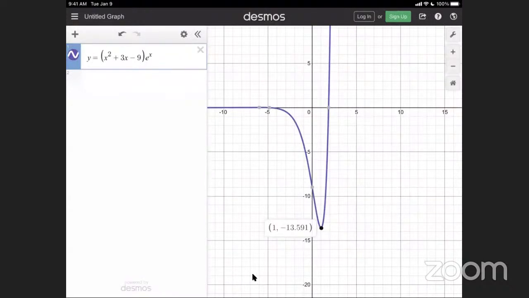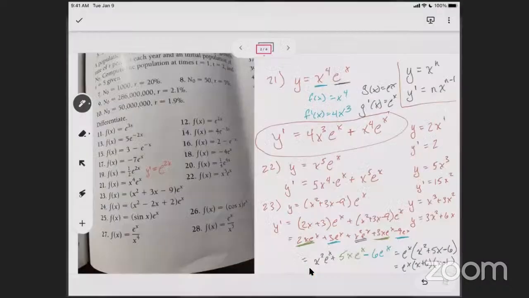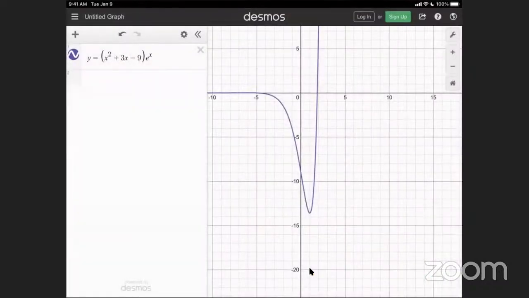Oh, I see. One of the zeros is at 1. Do you see that? Do you see how one of my zeros is at x equals 1? The other one is at x equals -6. Let's see what happens if we go to -6.